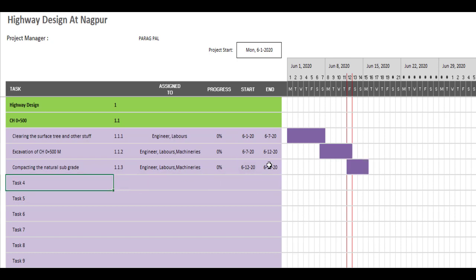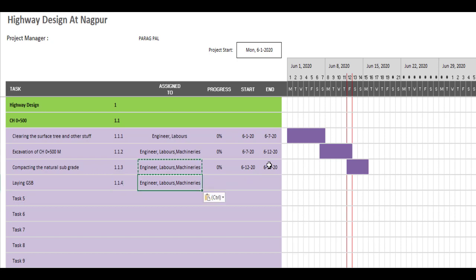Now after I compact the natural subgrade, I'll provide laying the granular subbase, we used to call GSB. It is task 1.1.4. Same people will be required, 0%.